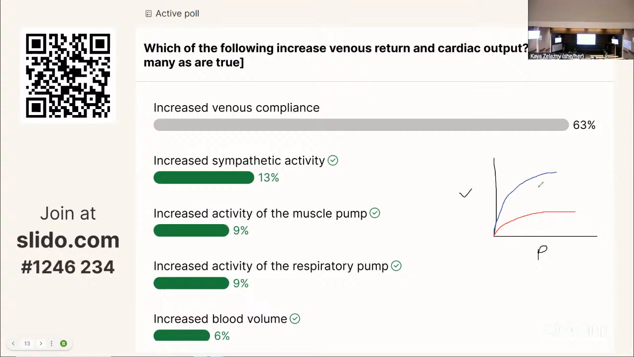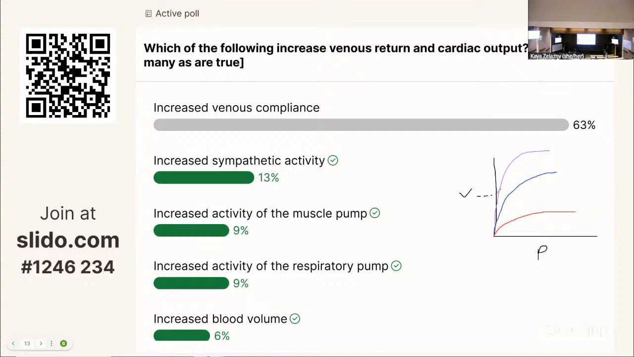Okay, so what's happening here? We're thinking about pressures. We know that we want higher pressure in the veins in order to increase venous return. But if we looked at a fake line where we had higher venous compliance, this would mean that, if we're reading our relationship between the amount of volume and the amount of pressure,